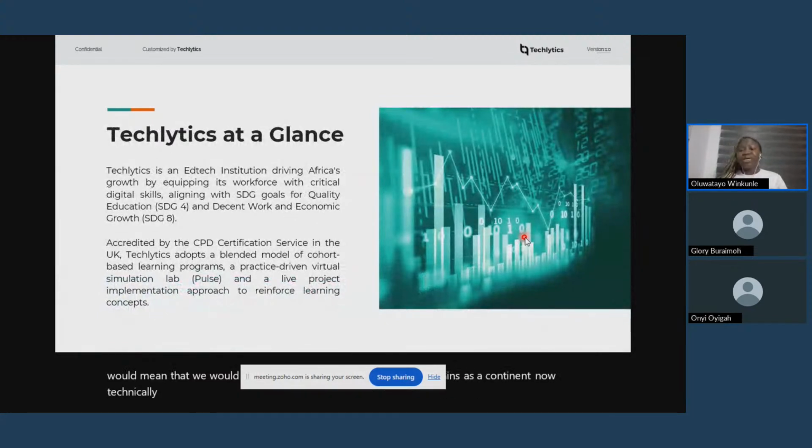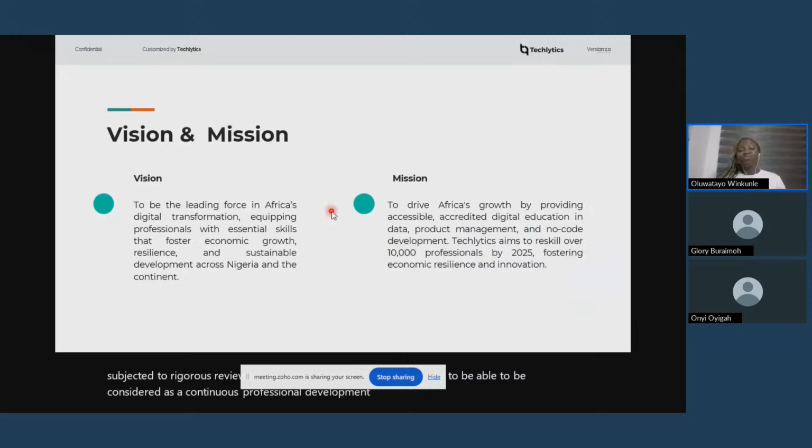Now, Techlytics, we are an EdTech institution driving Africa's growth by equipping its workforce with critical digital skills, in alignment with SDG 4 for quality education and SDG 8 for decent work and economic growth. Our data analytics course is accredited by the CPD certification service in the UK. What this means is that our curriculum, our syllabus, our lesson plan has been subjected to rigorous review by